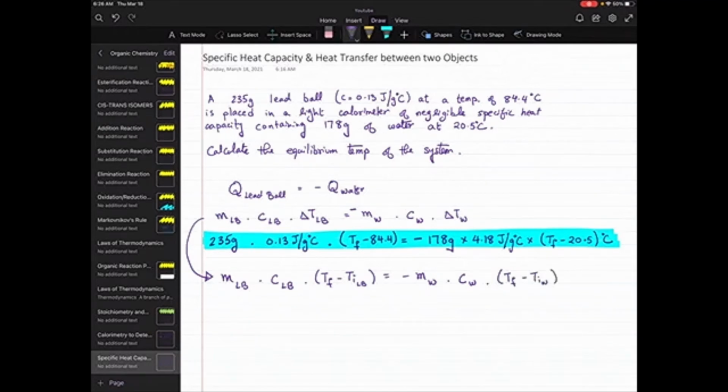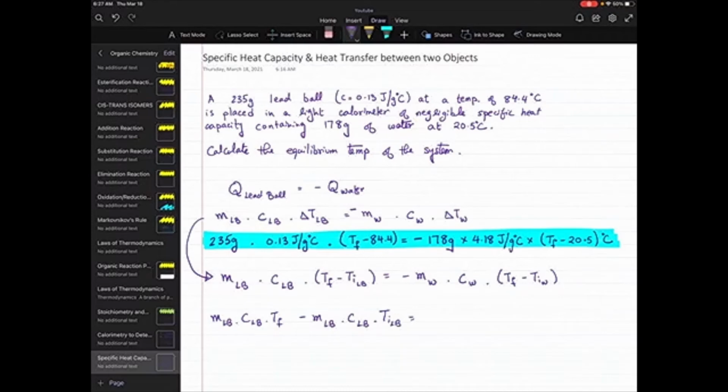Okay, so I have this equation here, and now what I can do is I can open the brackets. So what I get is M of LB times C of LB times TF minus M of LB C of LB times TI of LB is equal to,